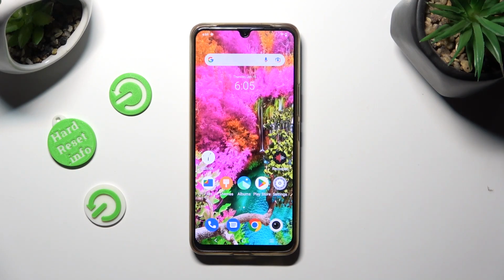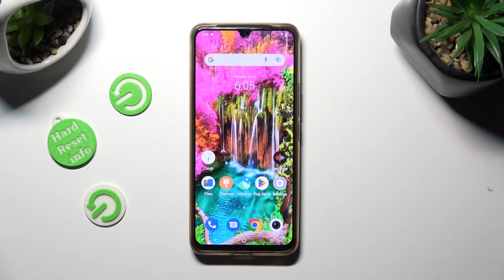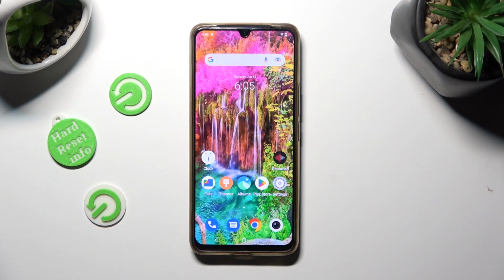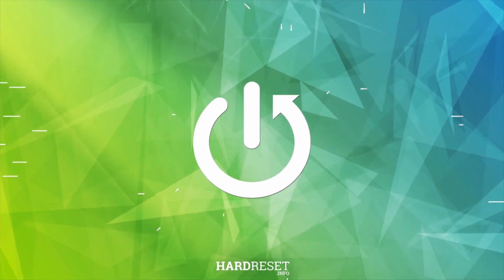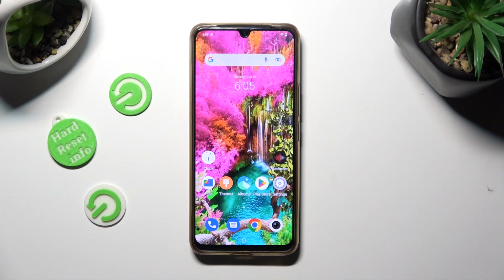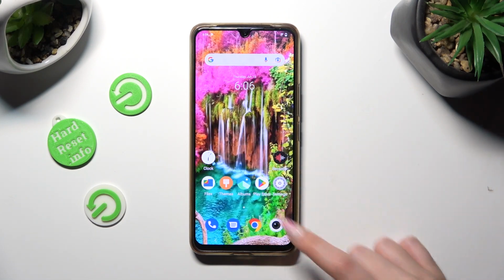Hi! In front of me is VIVO T1 Pro 5 and today I would like to show you how you can change font size. First of all, open Devices settings